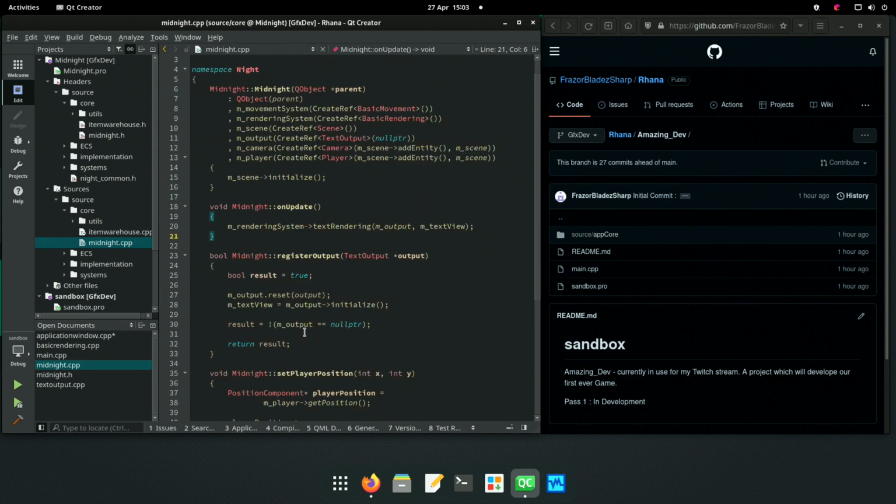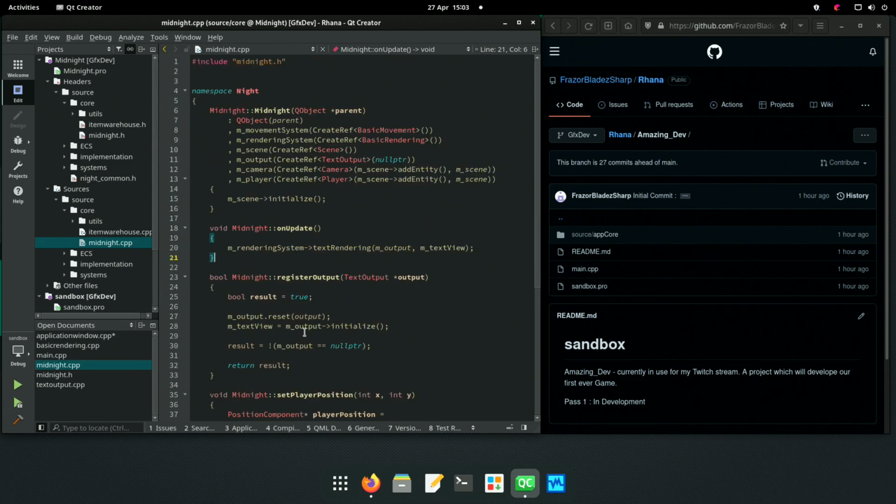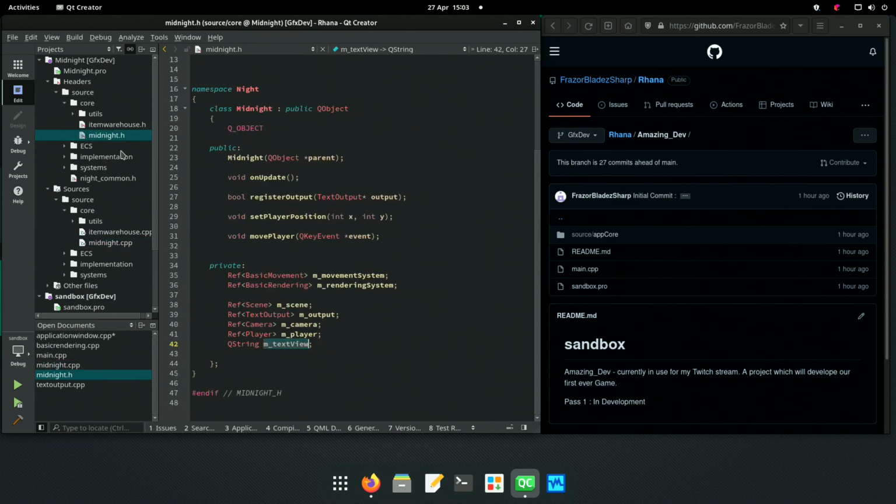How do we set text view? That variable there. Who's making that variable? Oh no. It's just a key string.